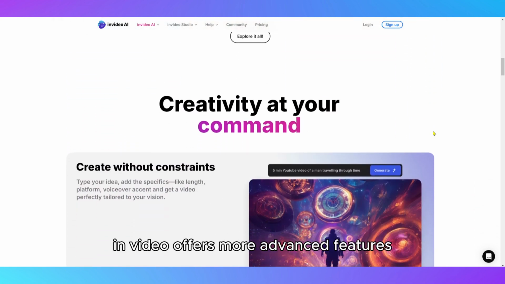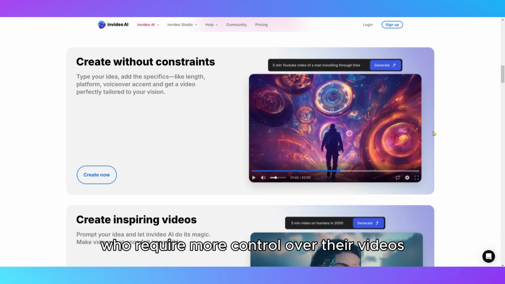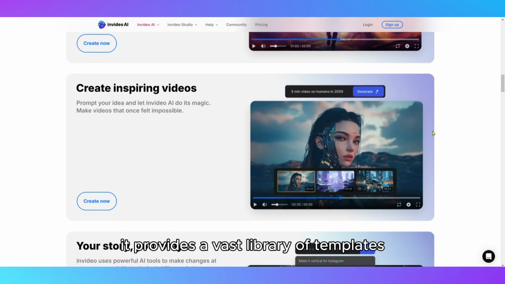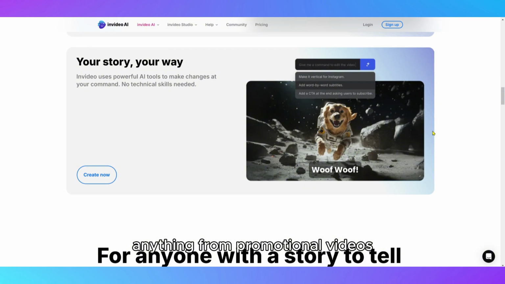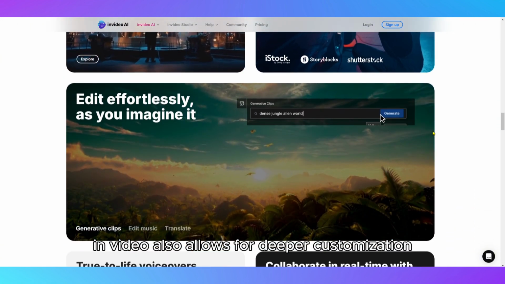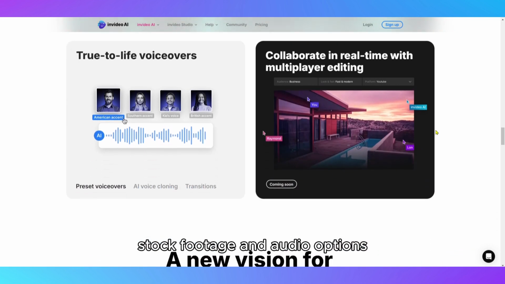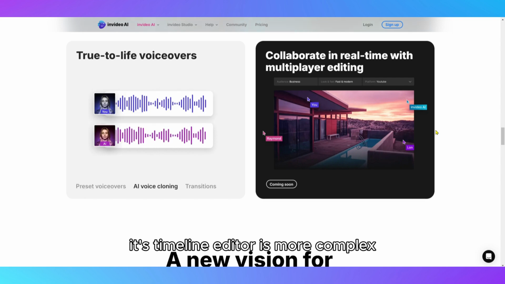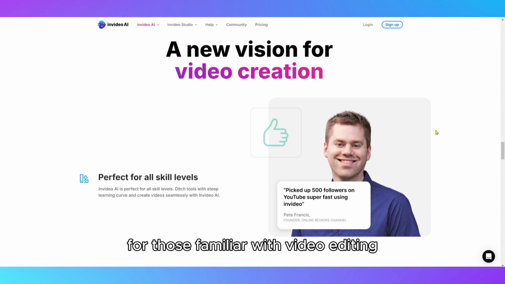On the other hand, InVideo offers more advanced features, making it better suited for users who require more control over their videos. It provides a vast library of templates, allowing users to create anything from promotional videos to social media content. InVideo also allows for deeper customization with a greater range of transitions, stock footage, and audio options. Its timeline editor is more complex, which can be a plus for those familiar with video editing, but it might